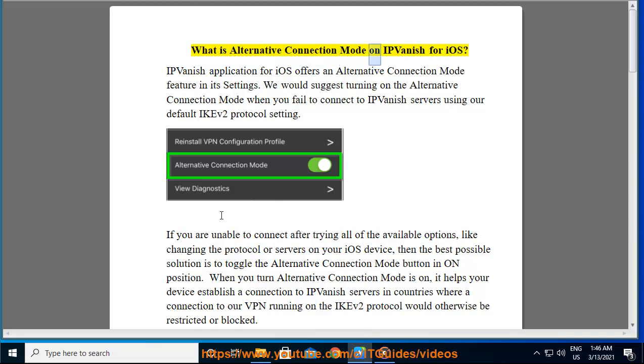What is alternative connection mode on IPVanish for iOS? The IPVanish application for iOS offers an alternative connection mode feature in its settings. We would suggest turning on the alternative connection mode when you fail to connect to IPVanish servers using our default IKEv2 protocol setting. If you are unable to connect after trying all of the available options, like changing the protocol